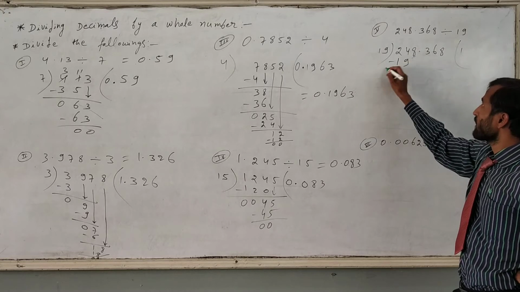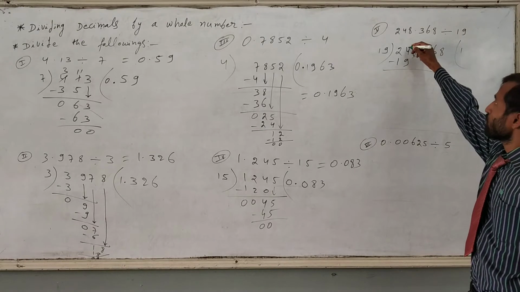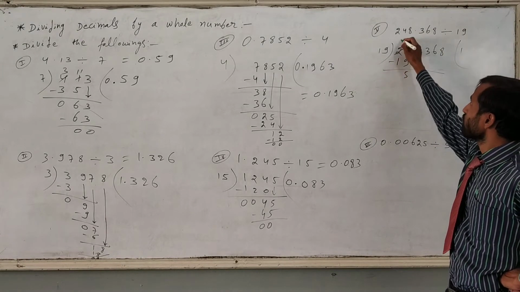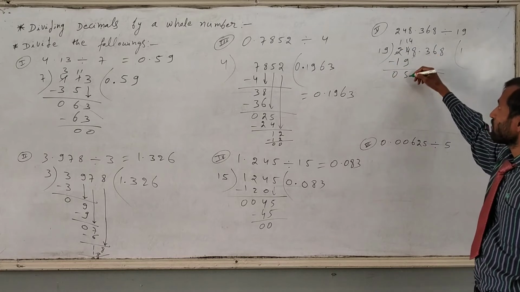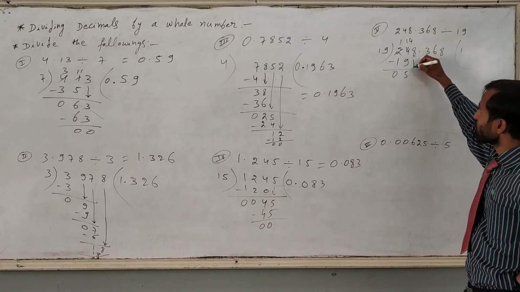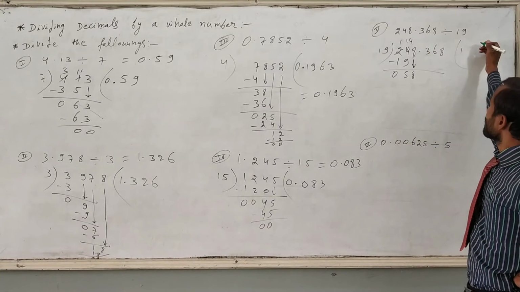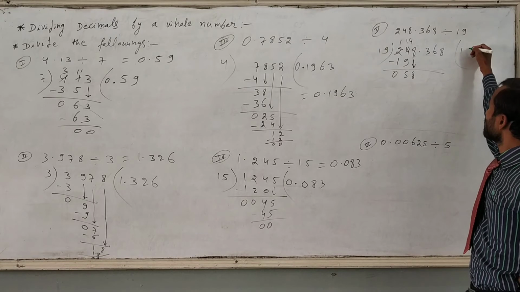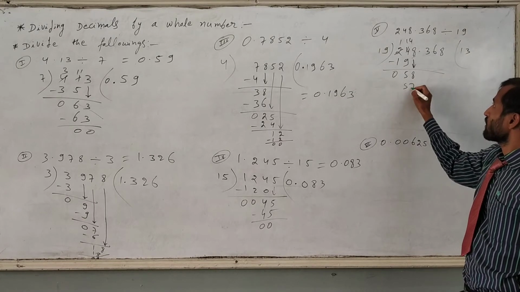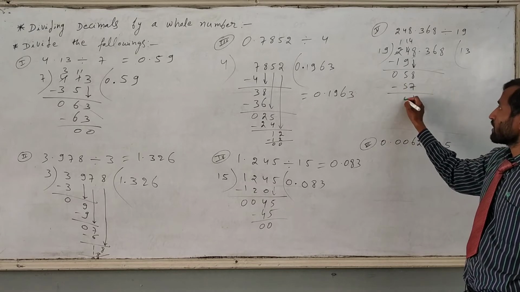So we have to subtract 24 minus 19. We have to take a borrow, 4 means 14, 14 minus 9 will come 5. And here 1 minus 1 is 0. Now 5 is not divisible by 19. So after that we have to write down the 8. It can divide by 19. So 19 times 3 is 57. Now we have to subtract, 58 minus 57, 1 will come.